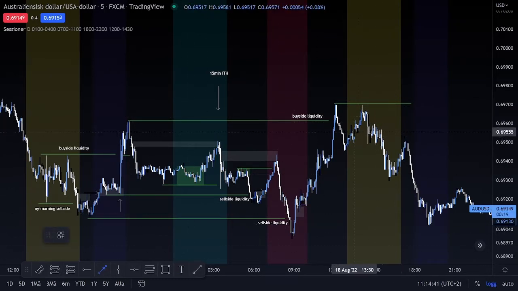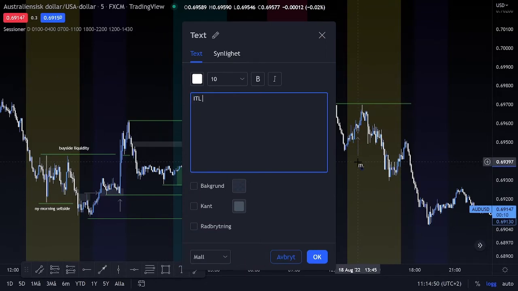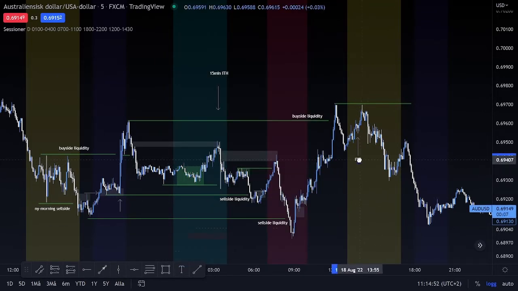What do we break? Intermediate term low. So we have a bearish market structure shift after taking out buy side here and basically stop on to this high here. So we have a market structure shift here,